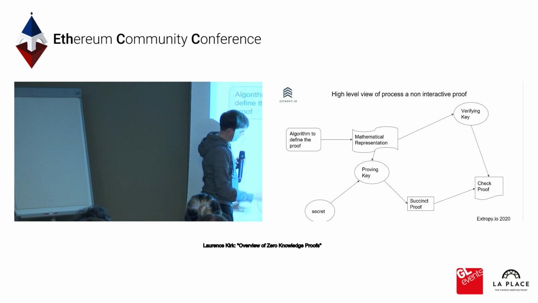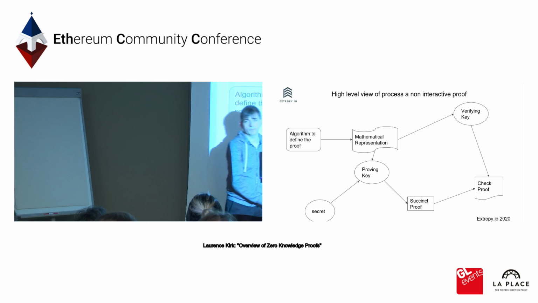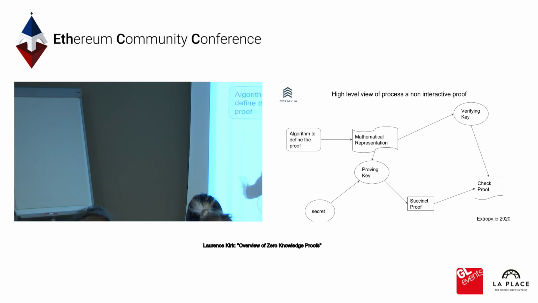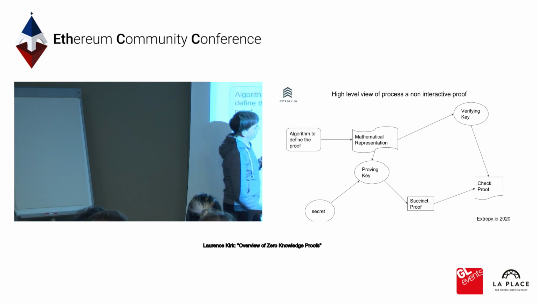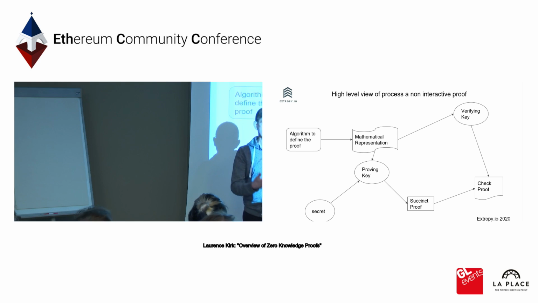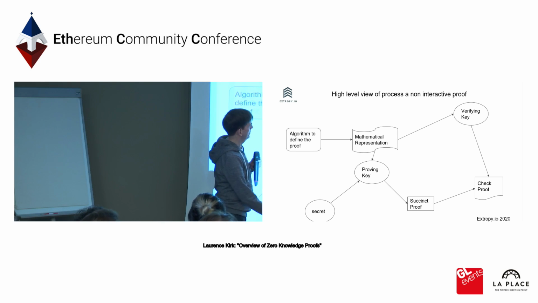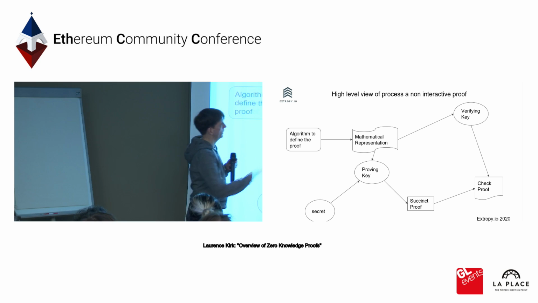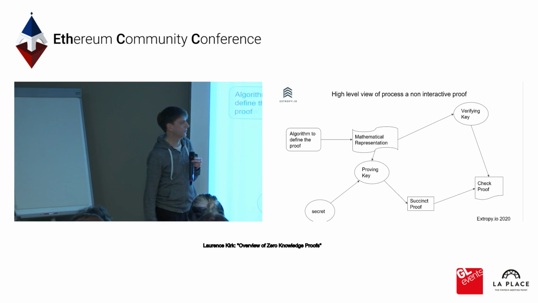And then the prover, Peggy, can take her secret, often called a witness, and with the proving key she can produce a succinct proof, whatever it is she's trying to prove knowledge of about this secret. This succinct proof is given to the verifier, Victor, and he can use his verifying key to verify that it is indeed a correct proof. And if it's zero knowledge, then he'll gain no other information along the way.